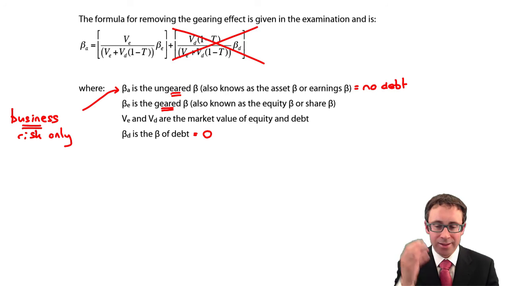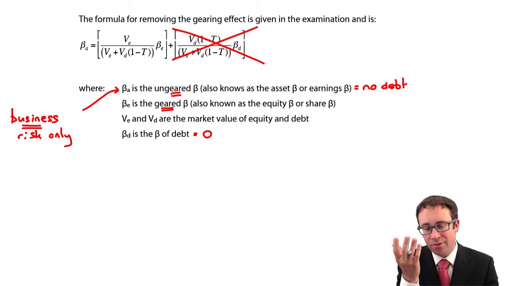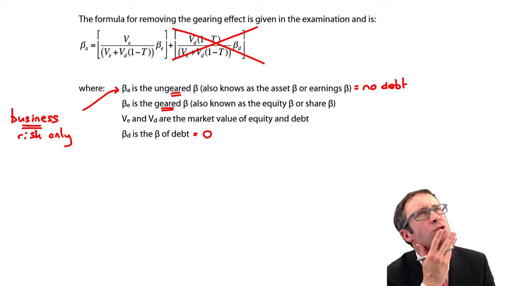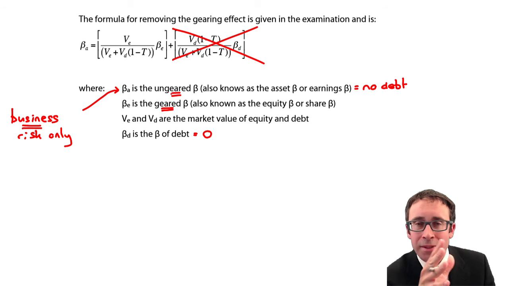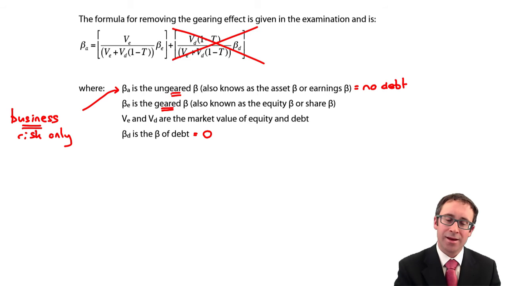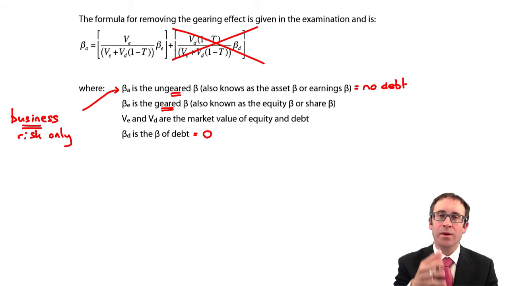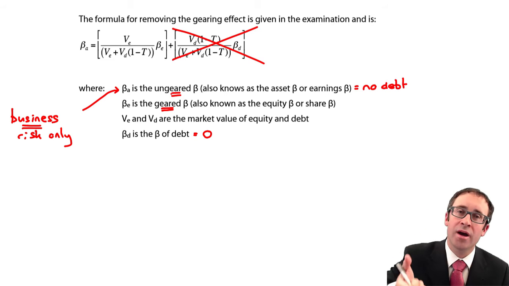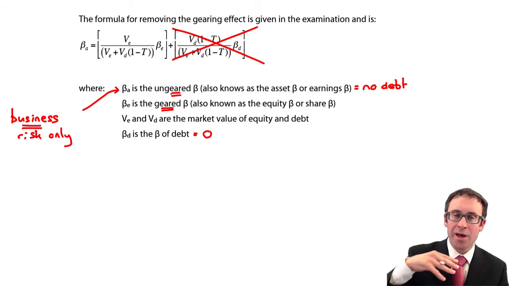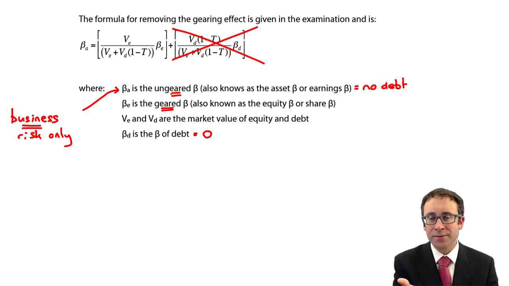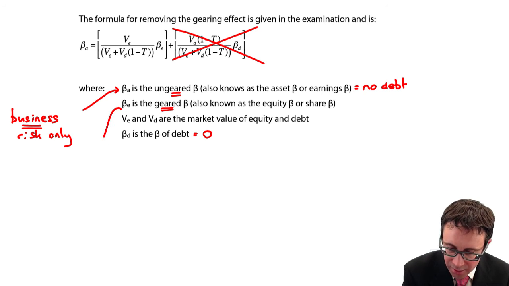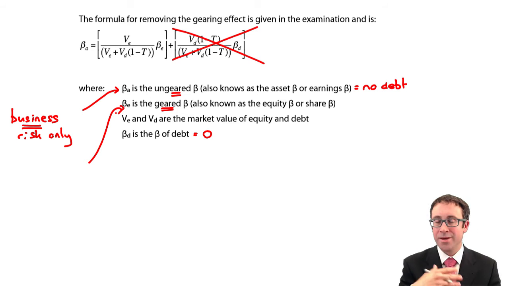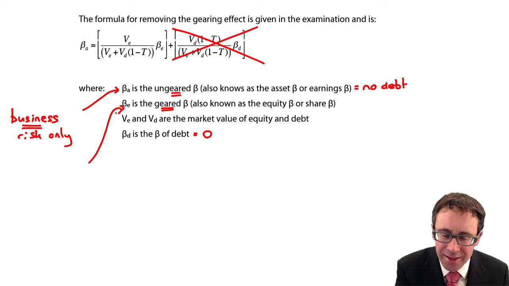It's a little bit counterintuitive, isn't it? Because if you think that beta E is the equity, surely that would be 100% equity. No, and it's not. Beta asset is when there is no debt and it is a 100% equity financed business, which is why I prefer to refer to it as ungeared and geared. Ungeared is the business risk only. The geared beta, so beta equity,